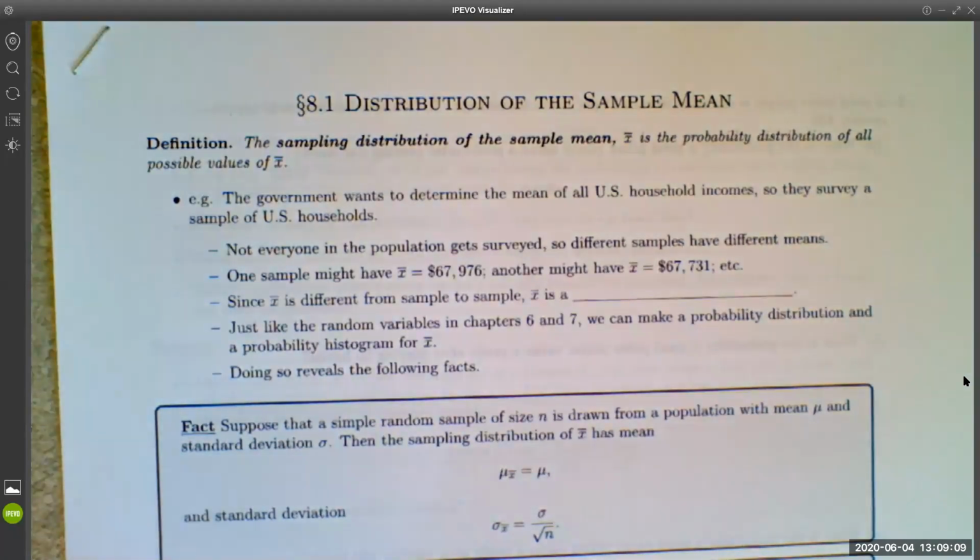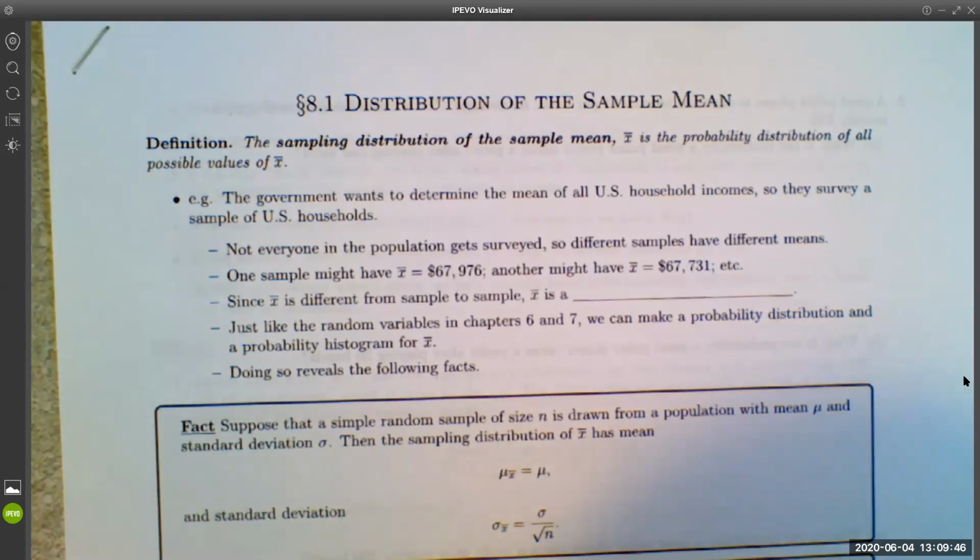Okay, moving on to chapter 8. I'm not going to lie to you. Chapter 8 tends to be among the more difficult material that we cover in this class. It's just been my experience that students find this material particularly challenging. So I've tried a couple of different approaches to teaching this section, and I'm going to try yet again something new here with covering the stuff in chapter 8.